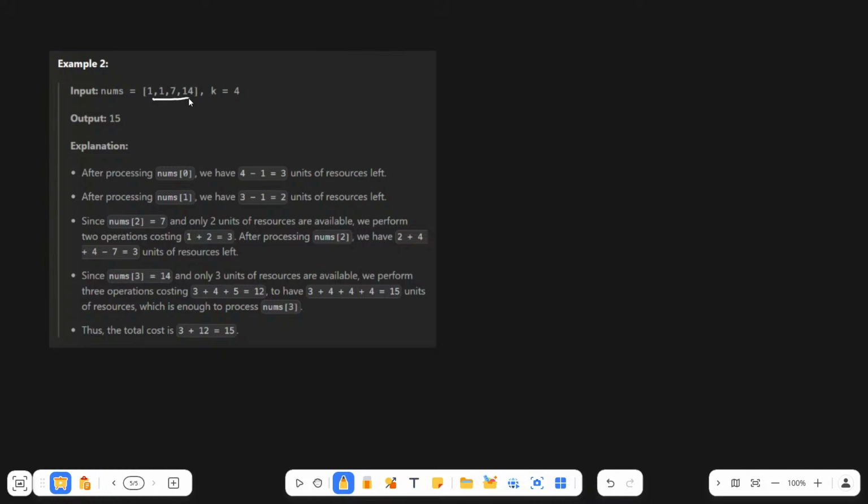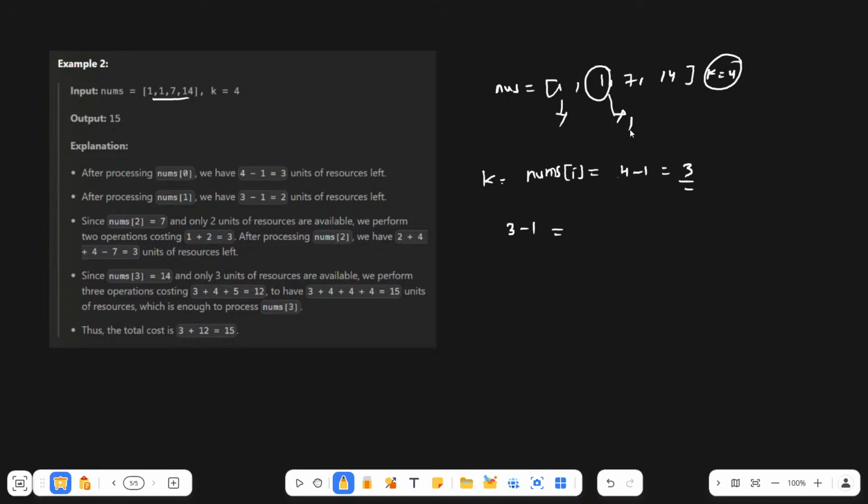Okay, so basically we have given nums, right? So nums is equal to 1 1 7 14 and k is equal to 4, right? So in that case, first, nums of I, k minus nums of I, right? In that case, 4 minus 1, which is equal to 3, right? So for next operation, 3 minus 1 again, so over here we'll be taking this one, so 3 minus 1,